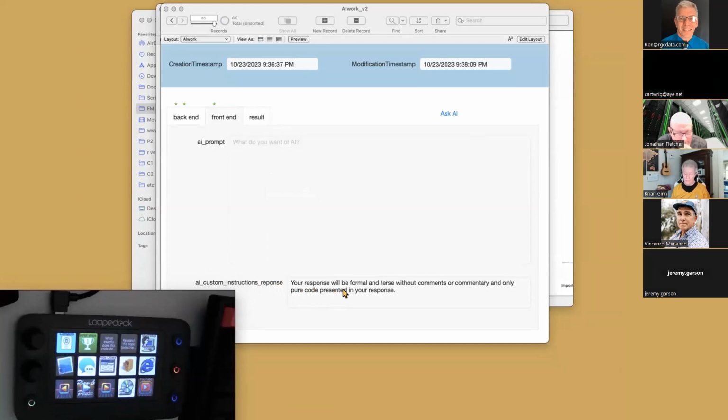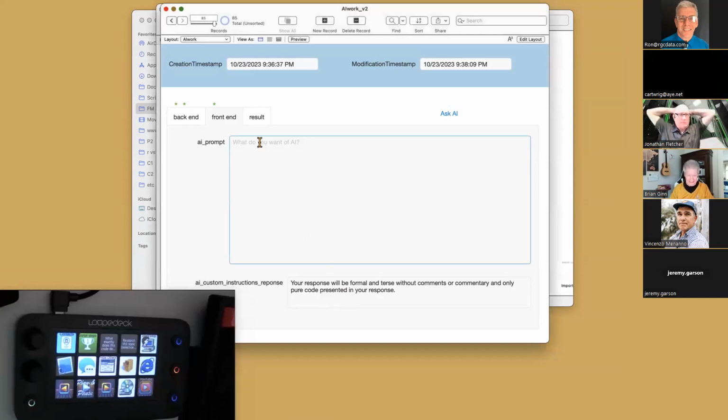Your response will be formal and terse without comments or commentary and only pure code presented in your response. I know that's poor English, but it took that for me to get what you're about to see. So I'm going to say, write me a FileMaker calculation that does the following. Gives a date range of